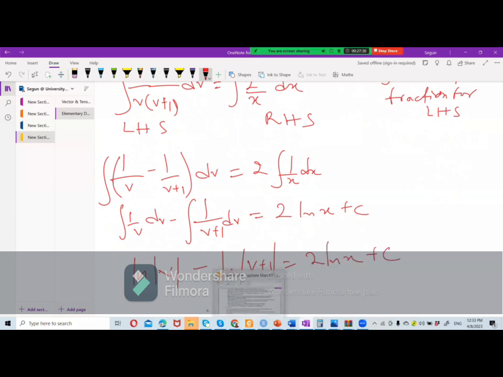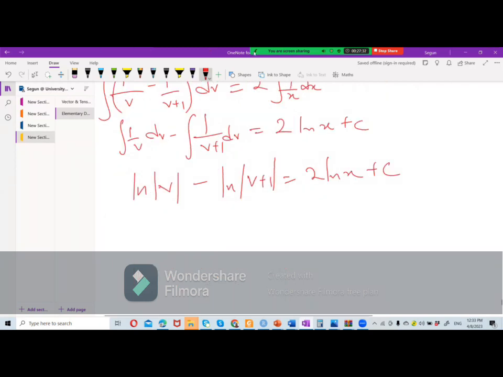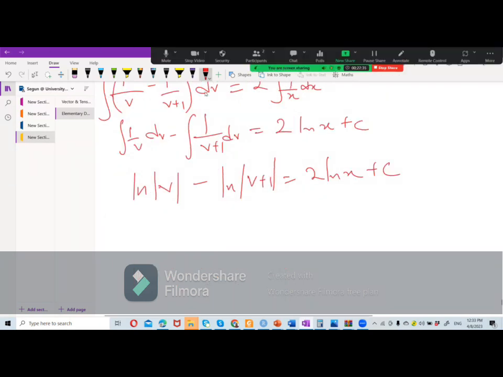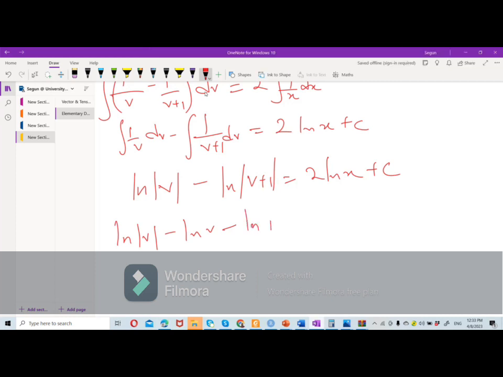So when you open the brackets, what do you have? ln v minus ln v plus 1... minus ln 1 equals 2 ln x,